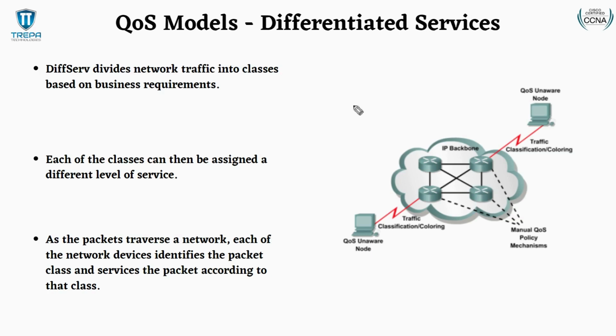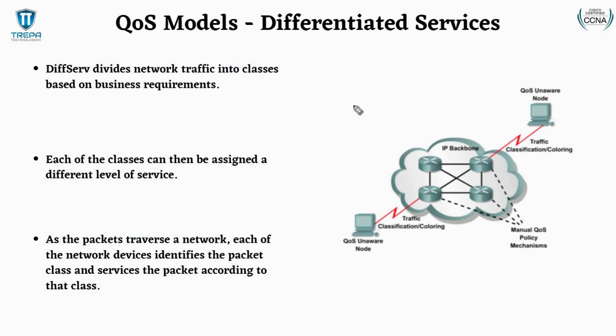So we're going to create classes of traffic with markings, and then we're going to decide what level of service we want to give this classified traffic, what queues they're going to go into, how we're going to shape that traffic, how we're going to police it, what is the dedicated bandwidth we may give it, is it going to be priority? And then as these packets traverse a network, each network device should identify this class and give it the same QoS level of